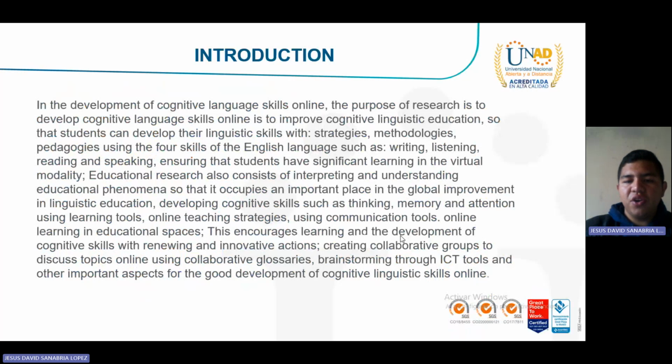This encourages learning and the development of cognitive skills with reward and innovation actions, having collaborative groups to discuss topics, using collaborative glossaries, brainstorming through ICT tools, and other important aspects for the good development of cognitive language skills